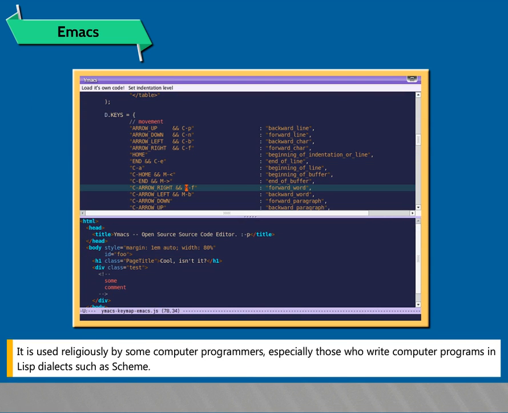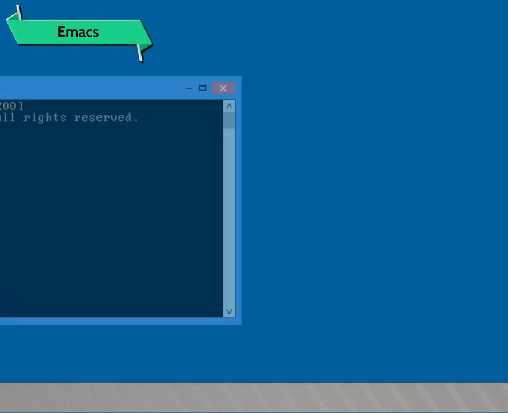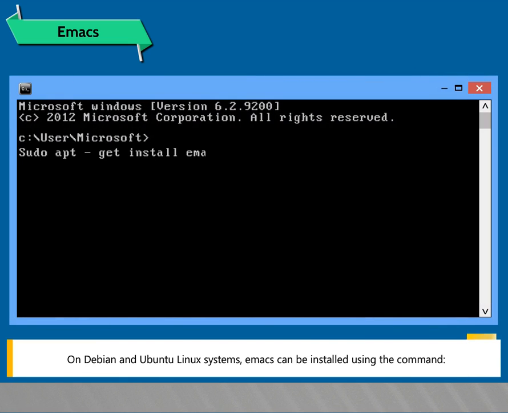It is used religiously by some computer programmers, especially those who write computer programs in Lisp dialects such as Scheme. On Debian and Ubuntu Linux systems, Emacs can be installed using the command